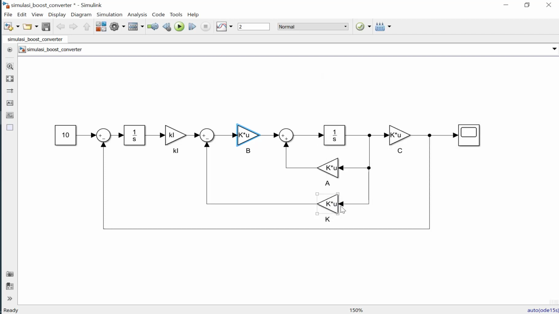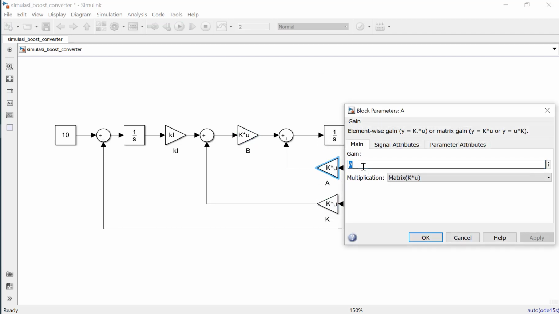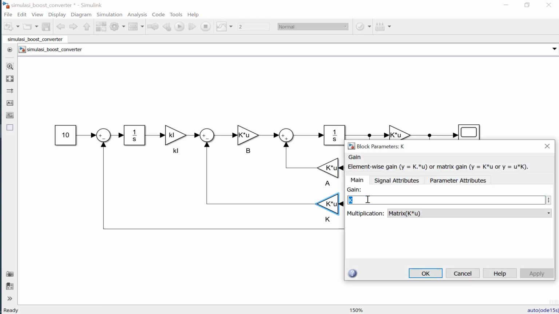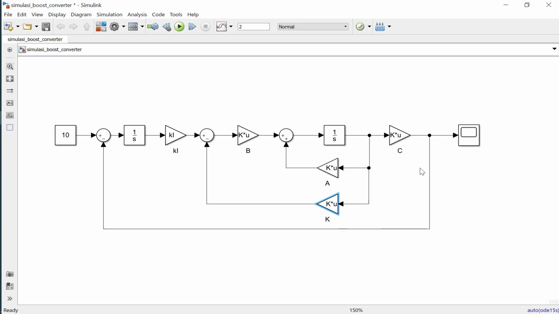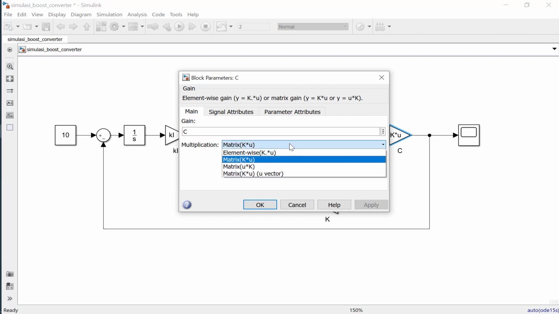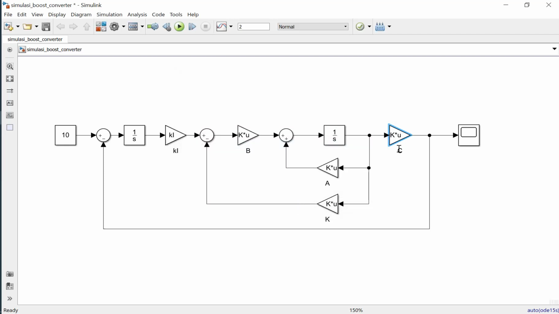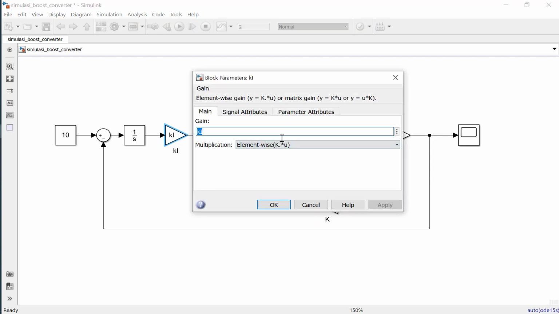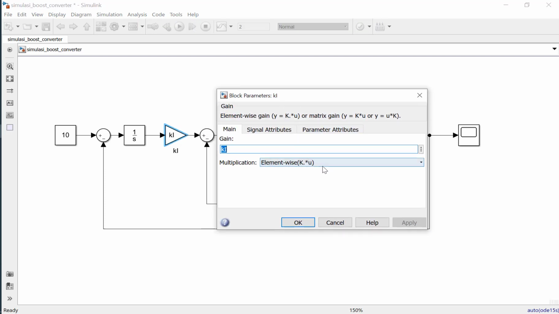This is the P matrix, this is the A matrix, and this is the K matrix for the state feedback gain, and this is the C matrix for the output matrix. This is the A matrix, B matrix, and this is the integral control gain. We just need to make the second option because it's just one gain for the integral control here.